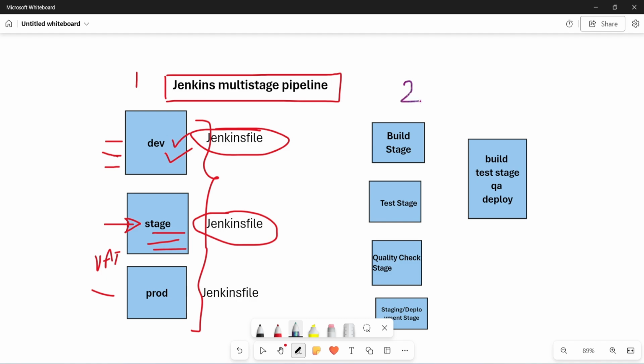The second use case, what does it mean? The Jenkinsfile will have multiple stages, right? So how can you benefit from this multi-stage pipeline? Let's say I have a first stage where I just install npm, if I'm using a Node.js application, npm install. Then I may be using SonarQube integration so that our code has a quality check. So in this case, you can divide your Jenkinsfile